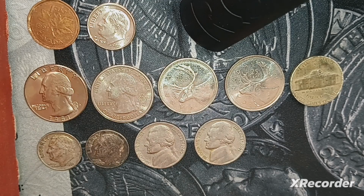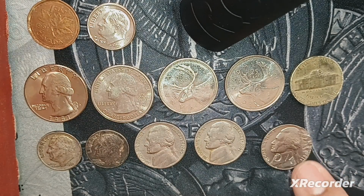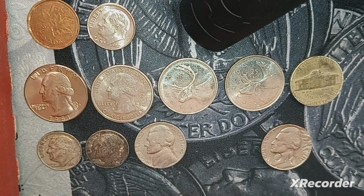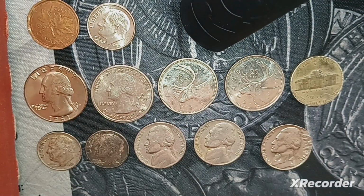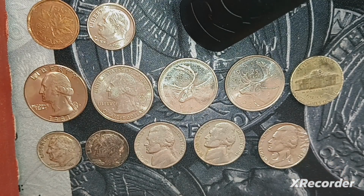And then, for old Jeffersons, I got a 1941 Philly and a 1940 Philly. And then, I got the 2 silver dimes. It was awesome. I had gone through more than half of them, and I was getting a little worried that I wouldn't find anything because usually I find some in that amount of rolls, and I hadn't found anything, but